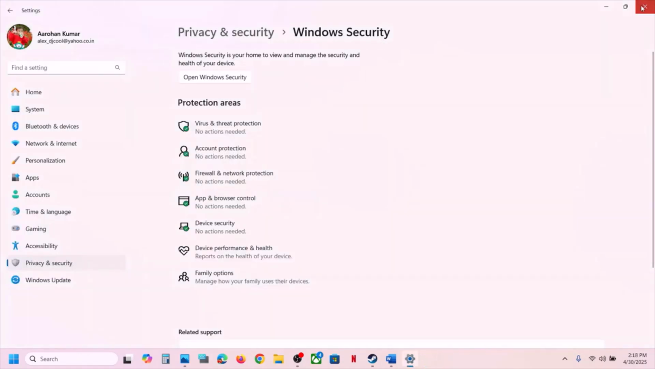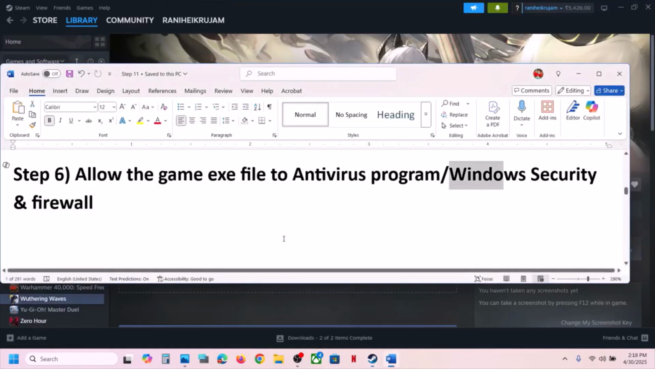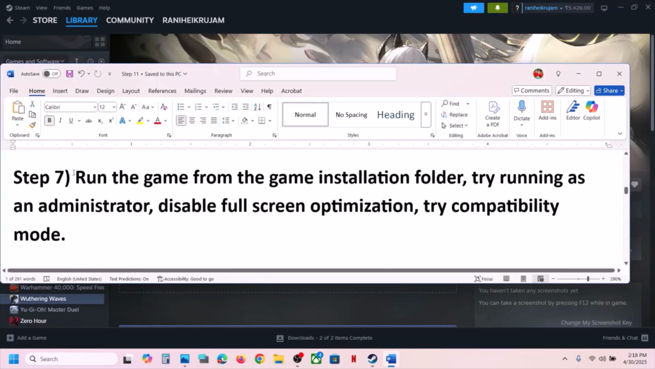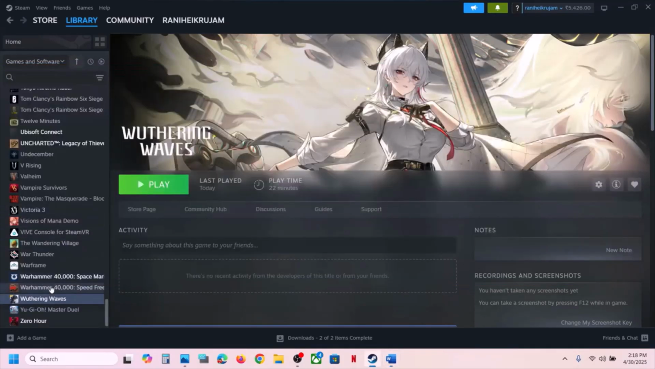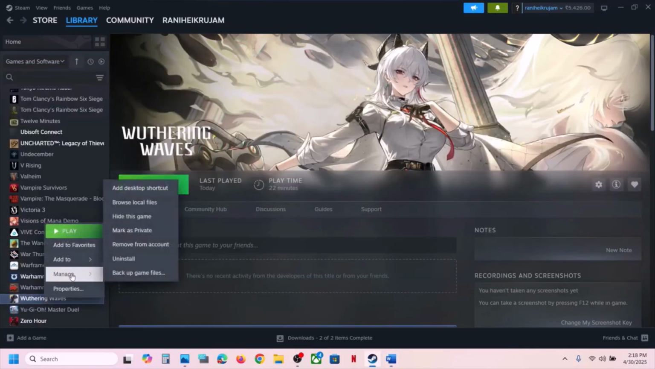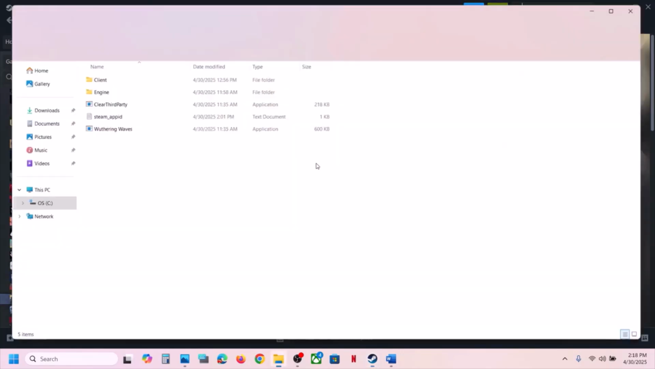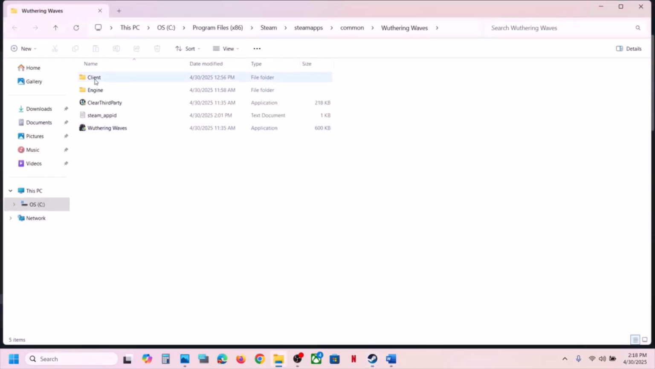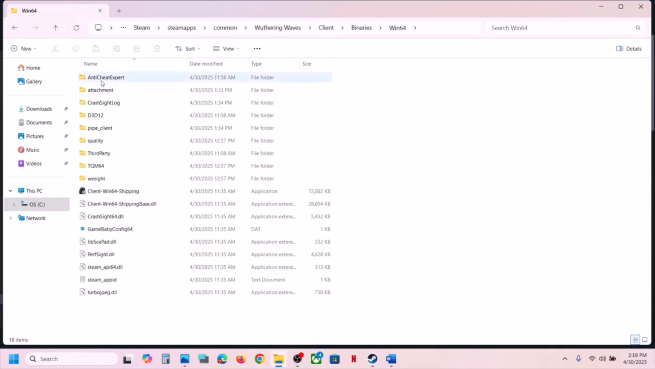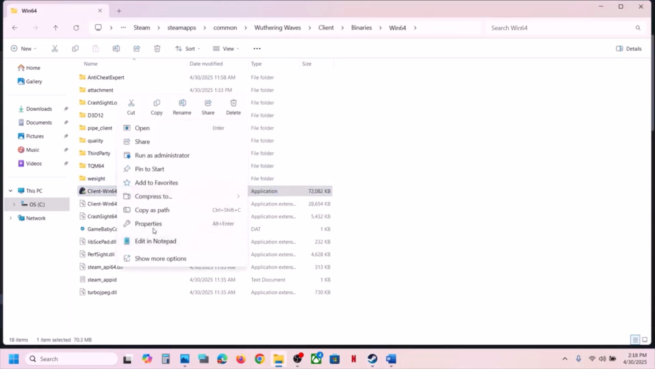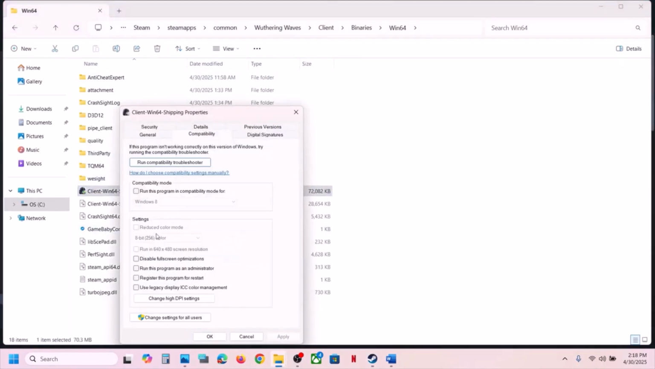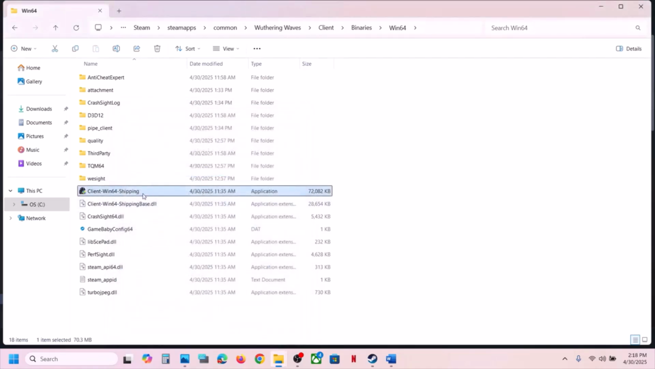Still not working. The next step is to run the game from the game installation folder. Now for this, you can go to game location, manage, browse local files, and then open this client, binaries Win64. Select this exe file, make a right click, go to properties, go to this tab, put a check on the box which says run this program as an administrator, hit apply, click on OK, make a double click, launch the